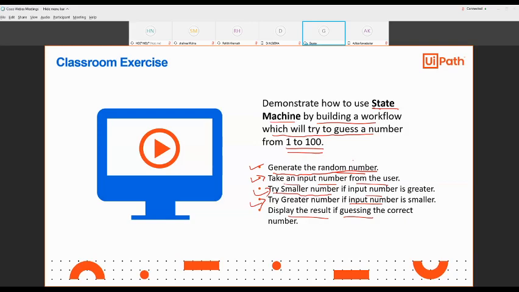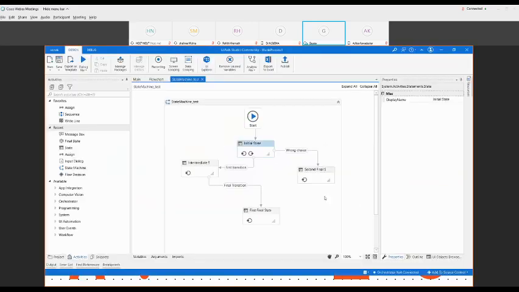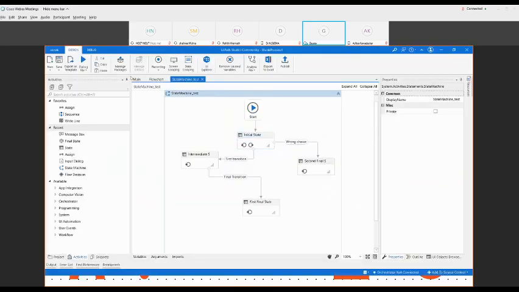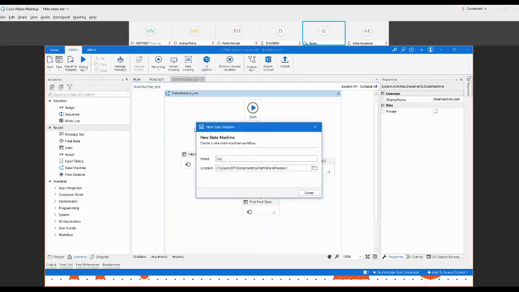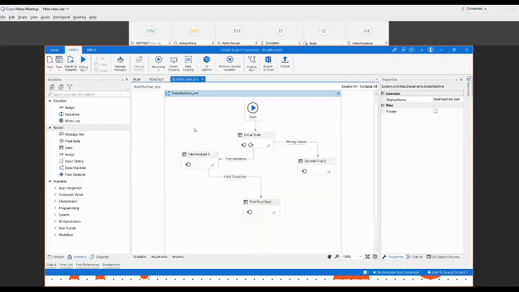Okay, I'm opening a new file. With this, you will clearly understand how a state machine is executed. I'm taking a new state machine. The name is Guessing Number.